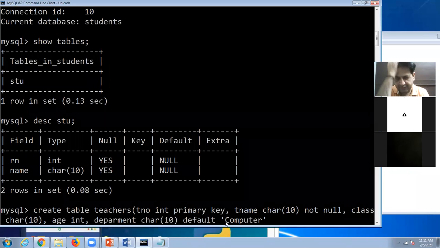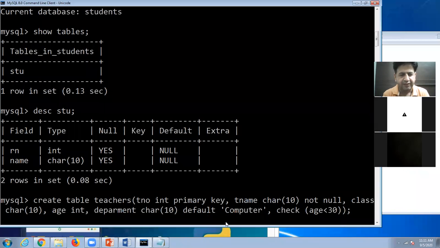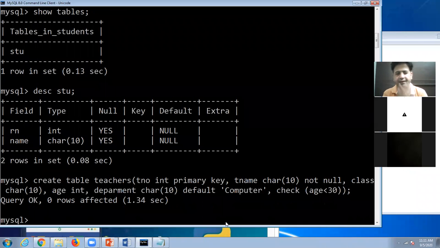And after that, use the check constraint. Check is used to set any condition. For example, check age must be less than 30. After that, use semicolon, and there is no error, the table is created.